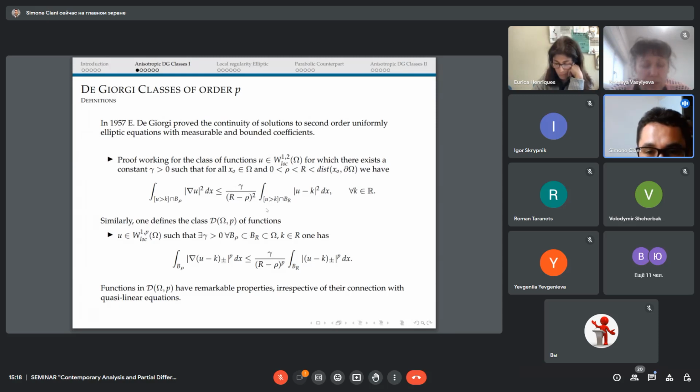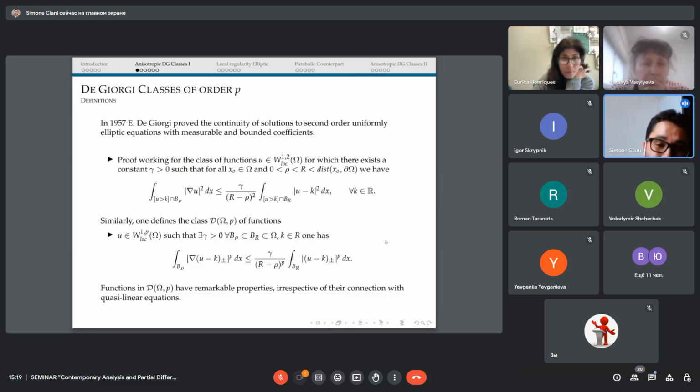This is weighted on an integral on the bigger ball of u minus k squared. So we take out the level k from the function, squared. With this kind of energy, now we can really say that these are Caccioppoli estimates. These Caccioppoli estimates describe a whole class of functions for which the proof of De Giorgi's continuity worked fine. And in the same way, some years after, by the work of Giusti, Trudinger, and many others, the